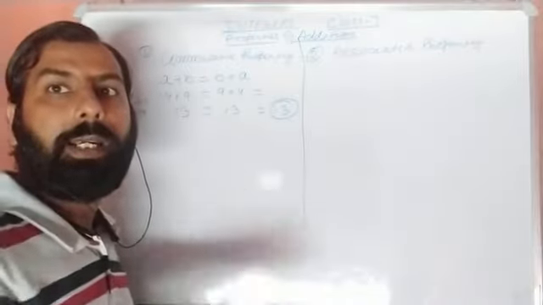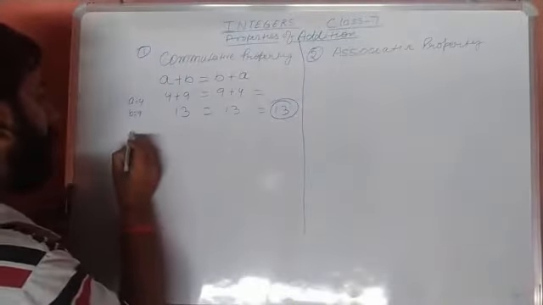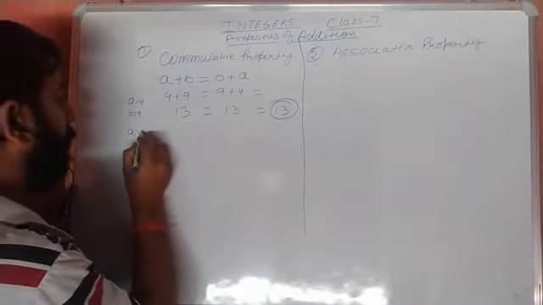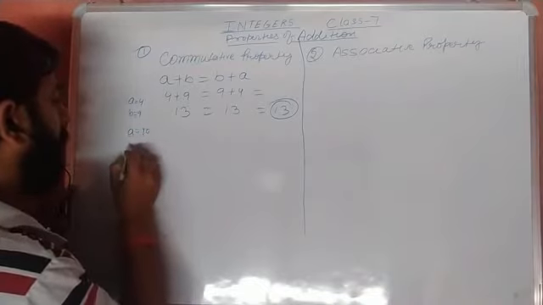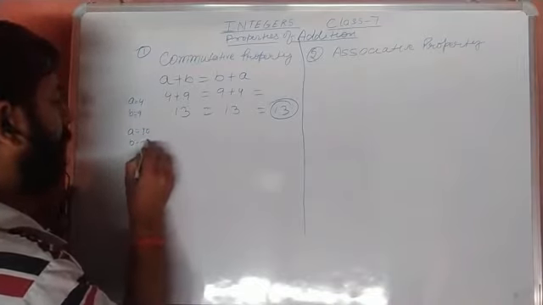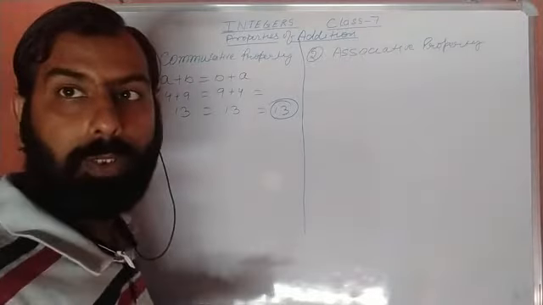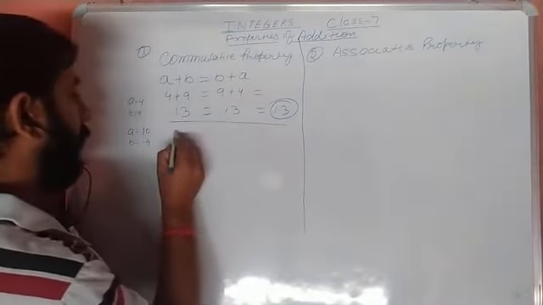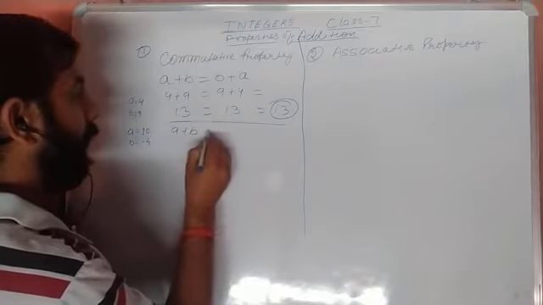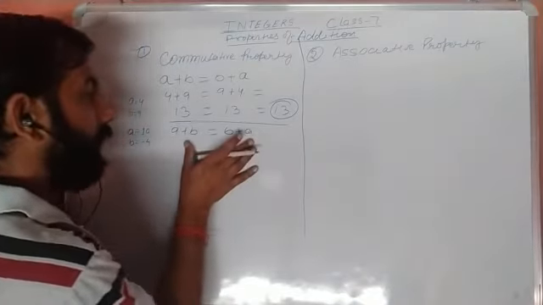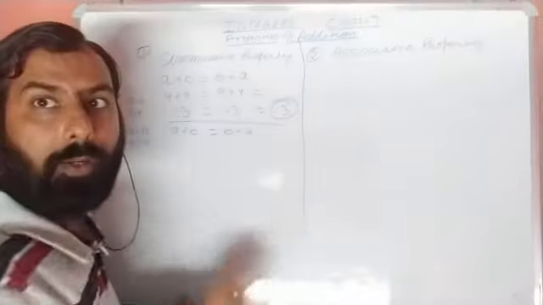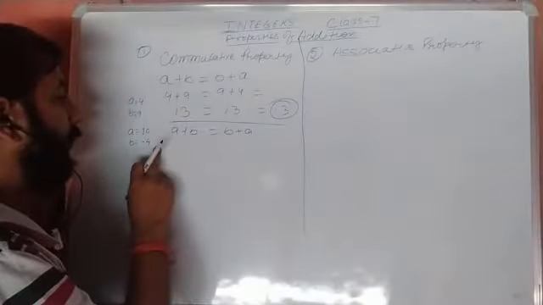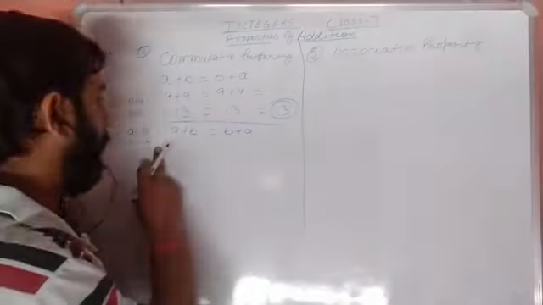Now let us take a negative integer. Suppose A is plus 10 and B is minus 4. Then how will you add using the commutative property? A plus B, B plus A. This is the property of how to add two integers. Now that was for both positive integers. Here I am going to explain about negative integers.